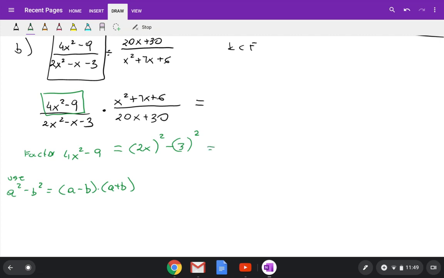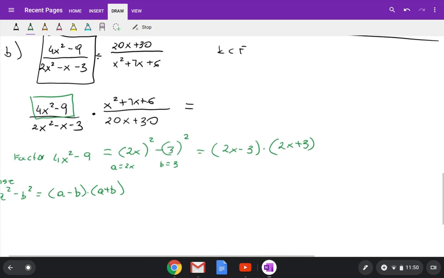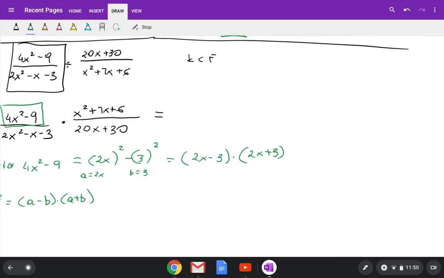So now your a will be 2x from the formula of difference of two squares. b is equal to 3. So the formula is a minus b, which will be 2x minus 3, times a plus b, which will be 2x plus 3. Okay, so we have it. 4x squared minus 9 is the same as 2x minus 3 times 2x plus 3